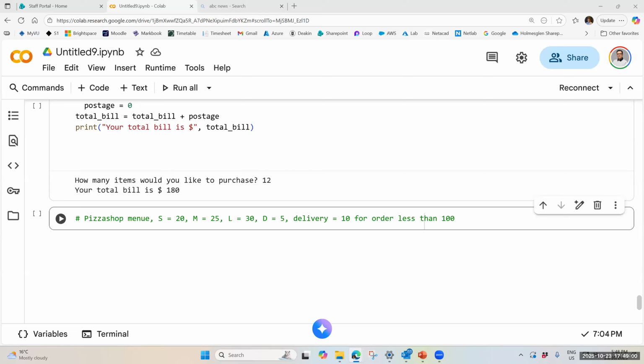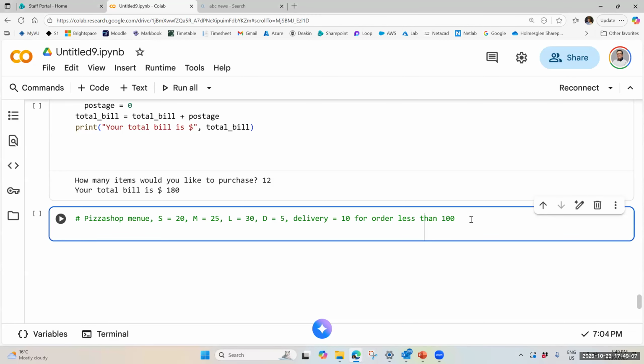Okay, so let's write the code. Firstly, you can start your code with a banner. We call this a banner, and later on, if you go into cybersecurity, you will see we work with banners as well. So you can print something like welcome to Zach's Pizza Shop. So I will print this for the first sentence. Welcome to Zach's Pizza Shop. Then